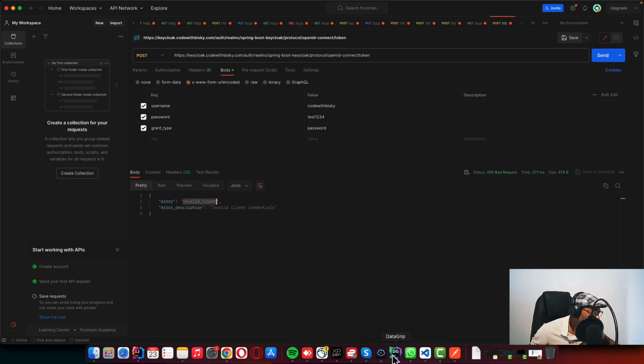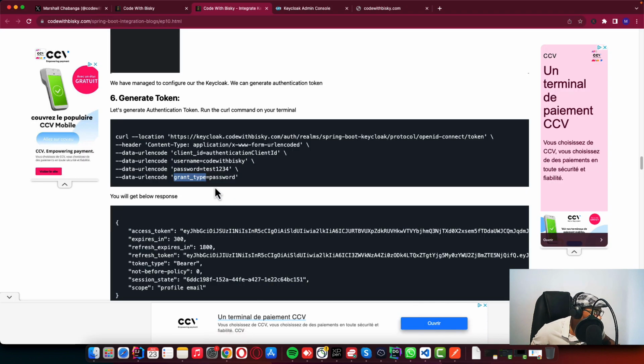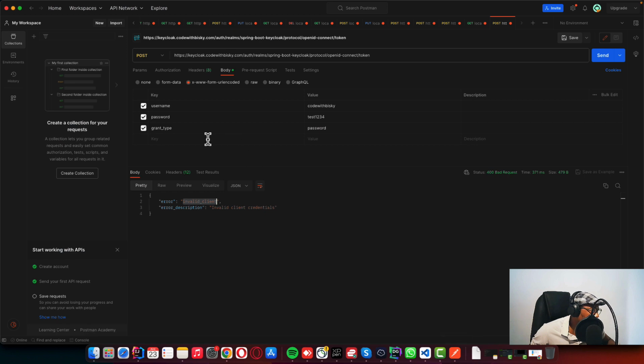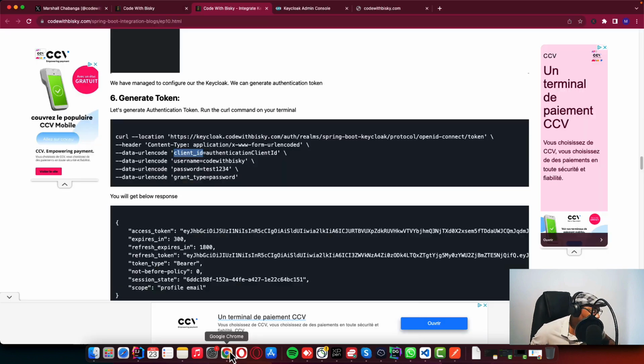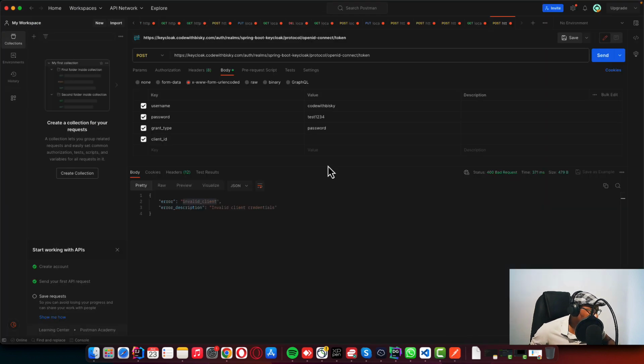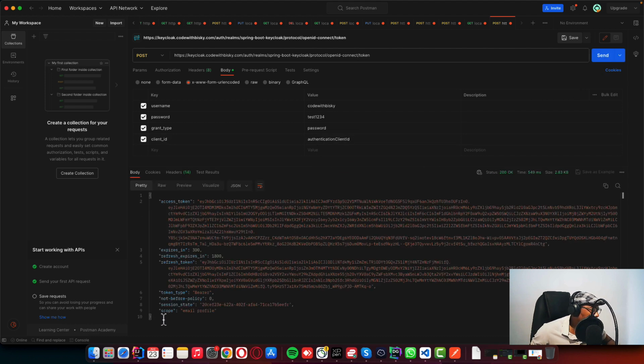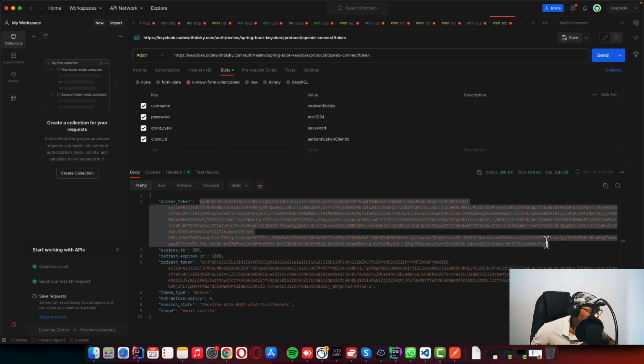So I think I forgot to add the client ID. Yeah, we are supposed to send a client ID on our request, and the client ID is the ID that we created. That was the purpose of creating the client, and after doing that, we can send a request. As you can see, we get an access token, and you can use this token